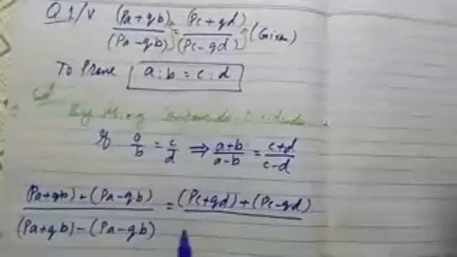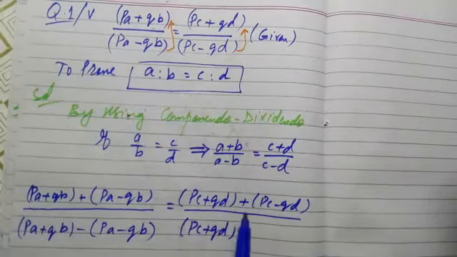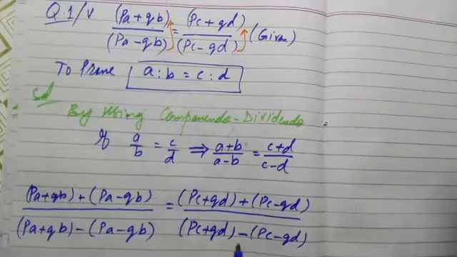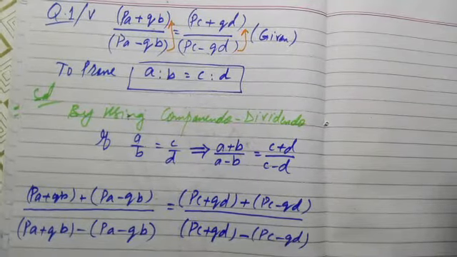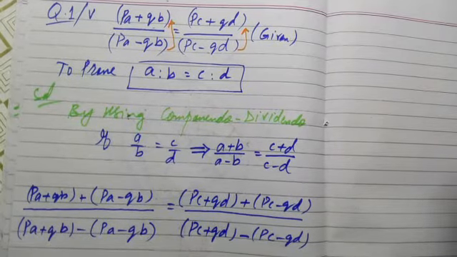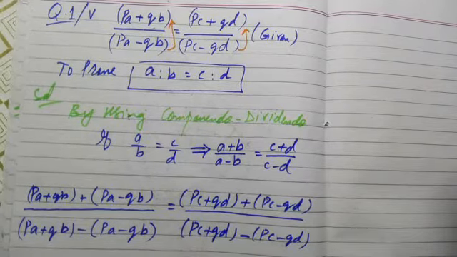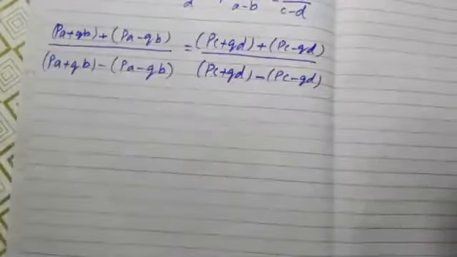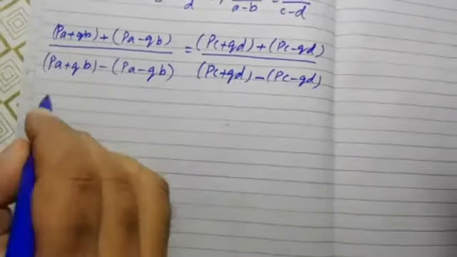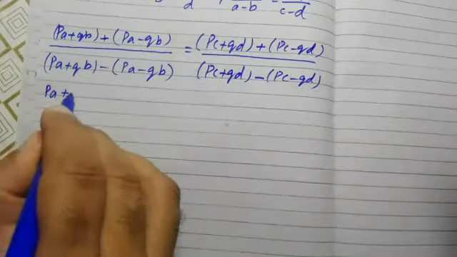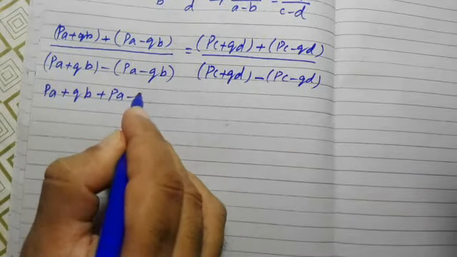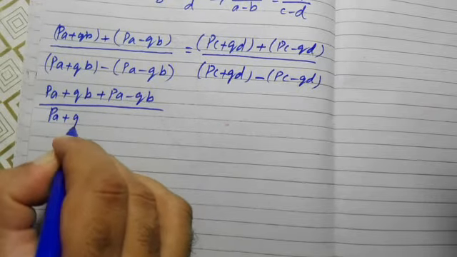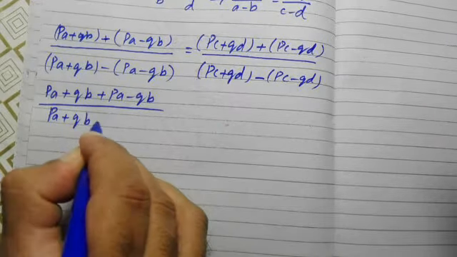Whatever you have written in the numerator, the same will be written in the denominator, but there will be a sign of subtraction between the two brackets. Whatever is written in the numerator, the same will be in the denominator, but there will be a difference of sign only. So in this way, hopefully you will not make any mistake. Once it has been written, in the next step, you have to open the brackets and go for the cancellation. So (PA plus QB) plus (PA minus QB) whole divided by (PA plus QB) minus (PA minus QB)